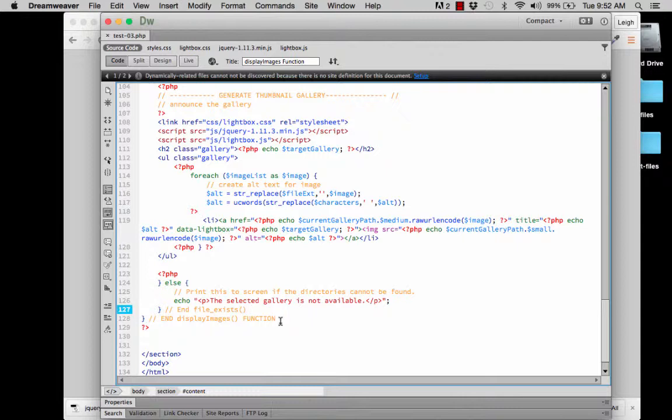To actually use it or call it, we have to come down here somewhere else in the page, and I'm going to put a PHP tag, and we're going to say displayImages like this. Okay, and that right there is calling the function or using the function. Okay, so here we're going to say use function, and we'll get rid of this later. This is just a note for us right now. Okay, so that's using the function or